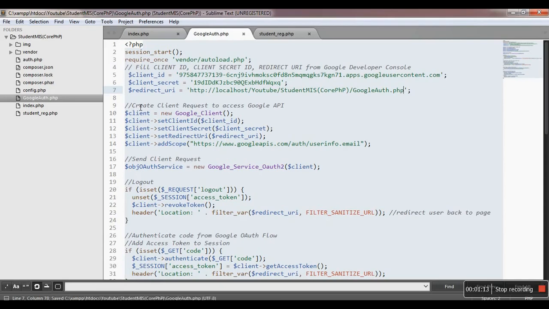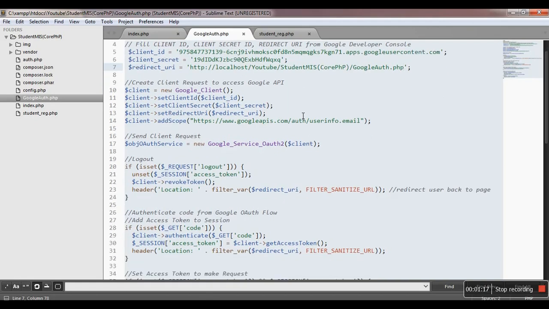Now the next thing that we need to do is create our client request to access the Google API. So in that case we need to initialize an object $client using the class Google Client. In this we will be setting our client ID, our client secret, our redirect URI, and adding a scope. We can have multiple scopes in our project.